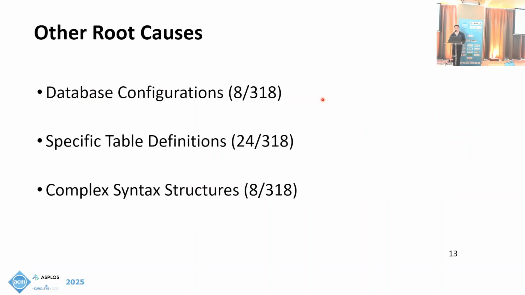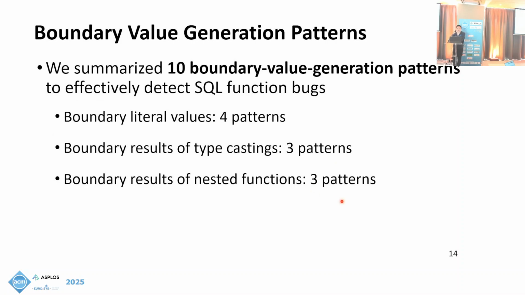We also found some other root causes of SQL function bugs, including specific database configurations, specific table definitions, and complex syntax structures. So, based on these analyses, we proposed 10 boundary value generation patterns to generate function expressions for triggering more SQL function bugs. They include 4 patterns for boundary literals, 3 patterns for boundary typecastings, and 3 patterns for boundary